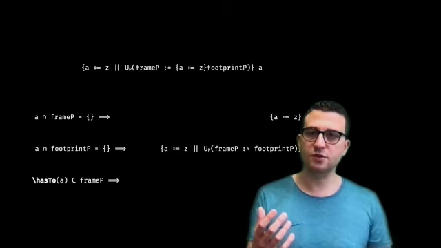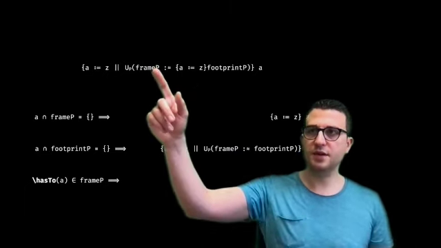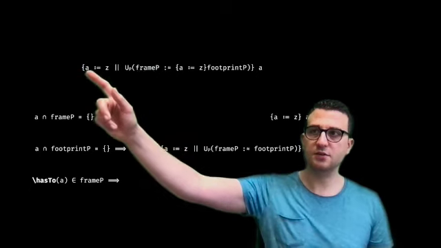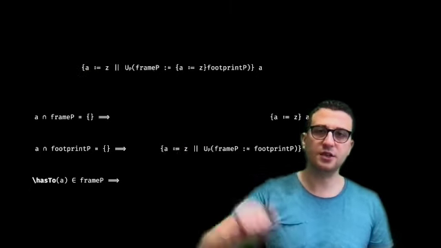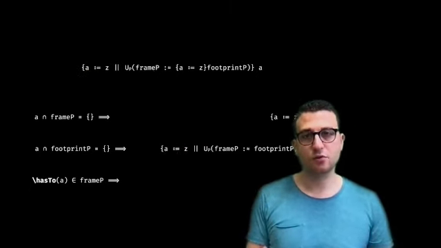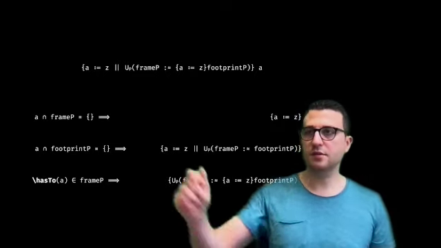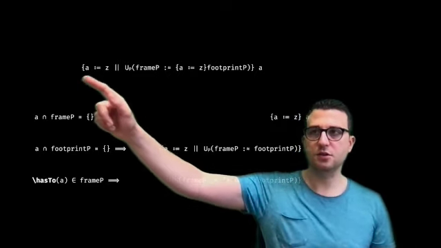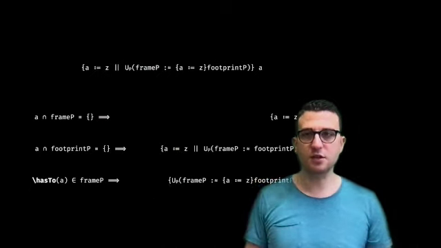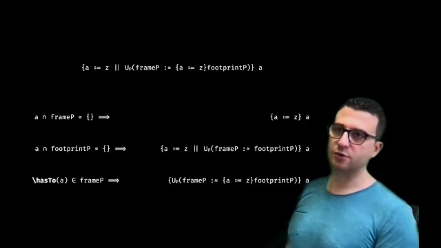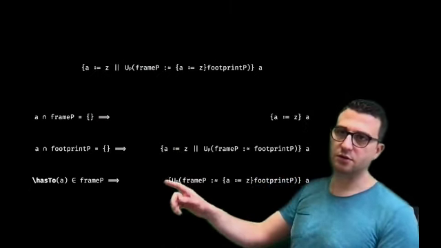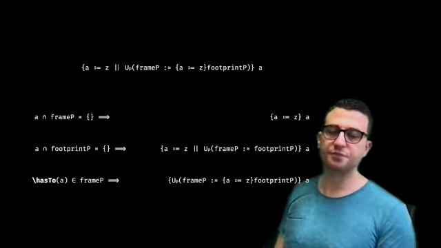For instance, if we assume that frame P definitely has to assign A, so every instantiation of the abstract update writes to the location A, then we can also drop this initial update in the parallel composition here, getting an expression like this one here, consisting only of the abstract update applied to variable A.